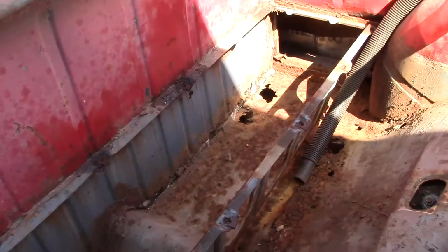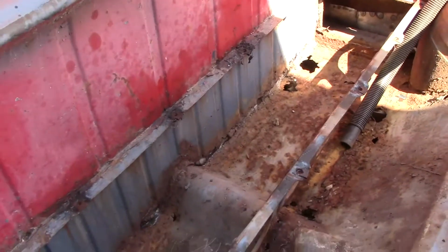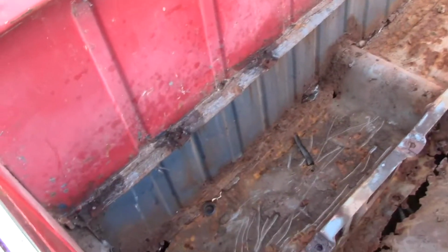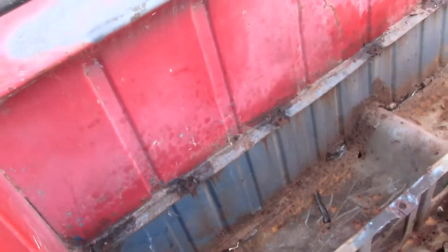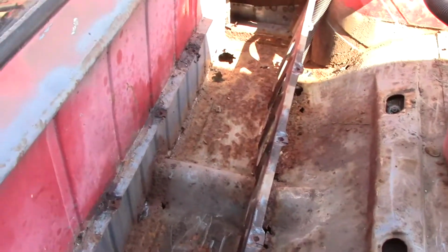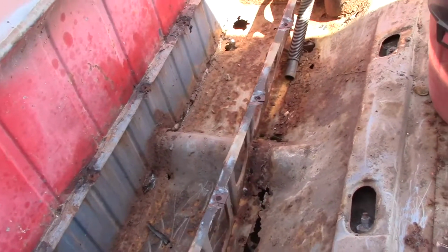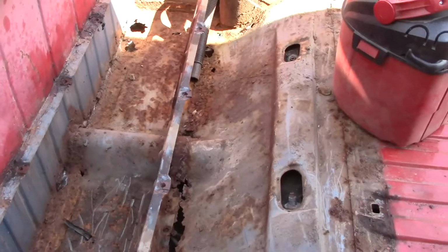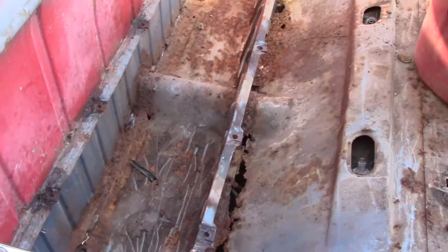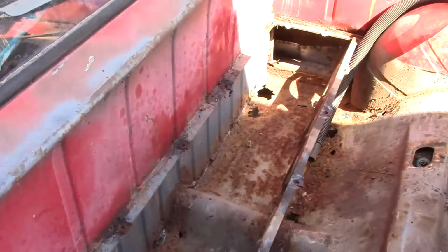You can see my fiberglass that I did from the other side. Looks pretty good there. And so that's all sealed into the engine compartment, or into the passenger compartment. Now I'll just have to seal it out here and make sure that it's not going to rust from water being trapped in the bed, which is where it probably started. And what comes up from the bottom, well, hopefully some undercoating will take care of that. But it's not as bad as I thought. Yeah, it's plenty bad, of course, but